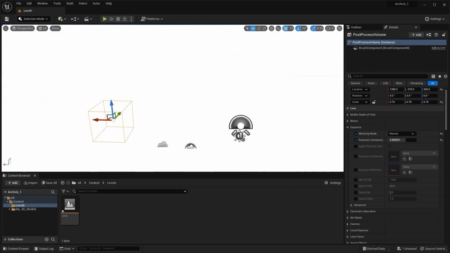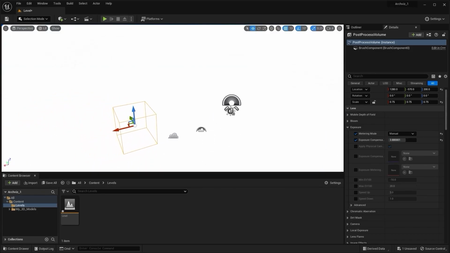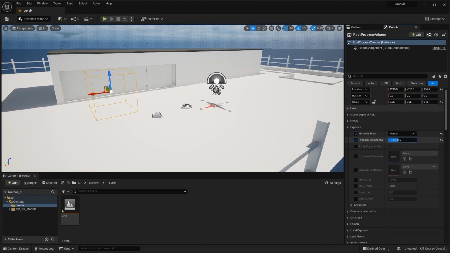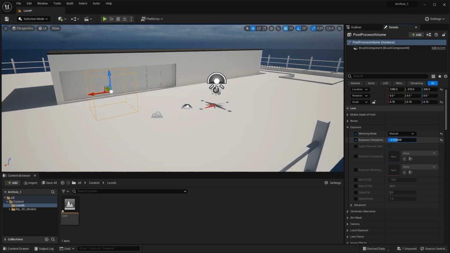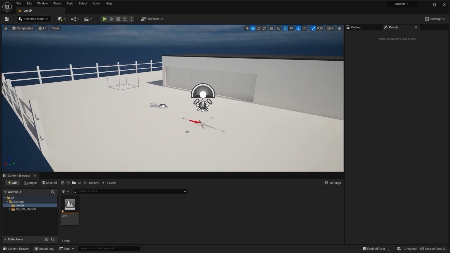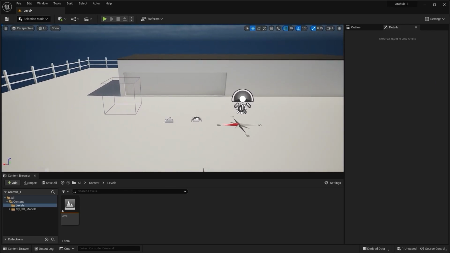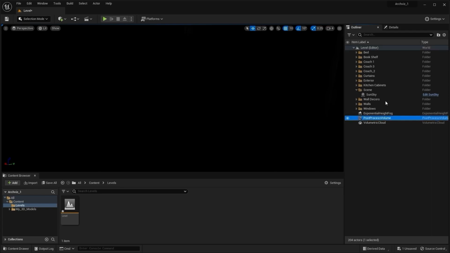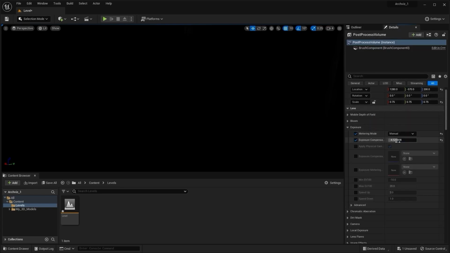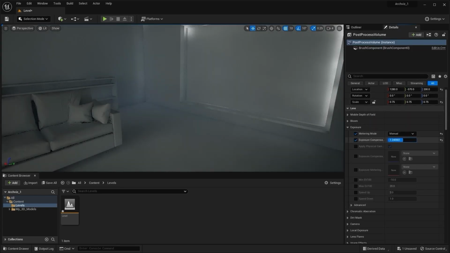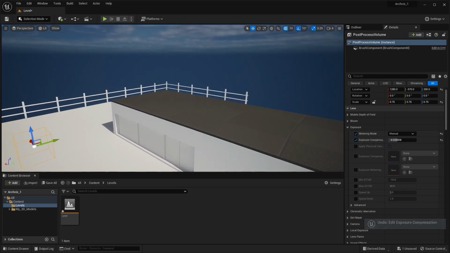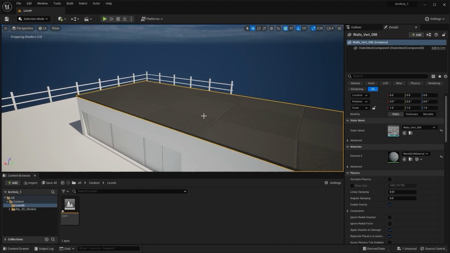Let me decrease my exposure. Let's move out of this room, and I'll decrease my exposure. And when I move into this living room, we need to increase this exposure. But let's just keep it at this value, and let's hide this roof mesh,